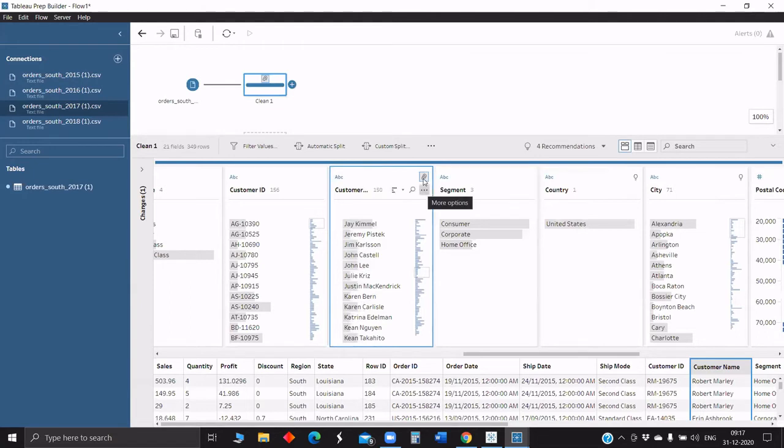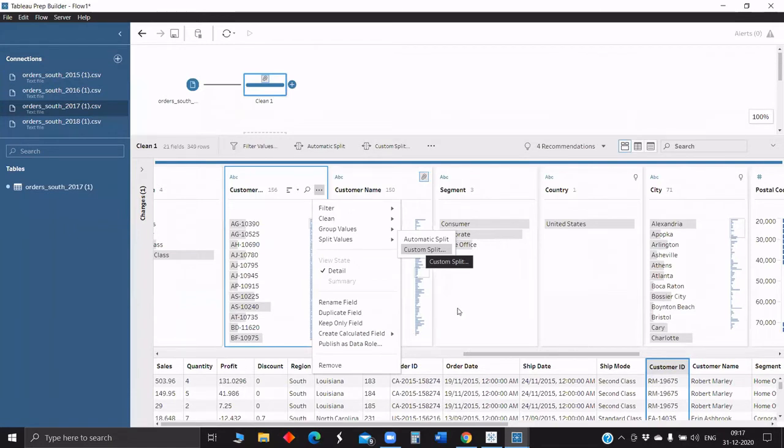So whatever step we do, we can see on the cleaning step. Currently, we can see the group values icon here. This is the one thing. Then next, in Tableau, once you create a calculated field, we can't edit the parent field. Here, for example, now I am splitting this customer ID into automatic split.